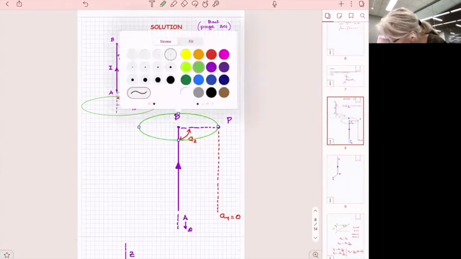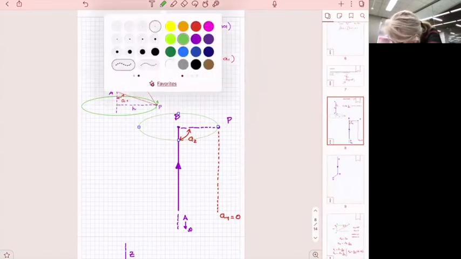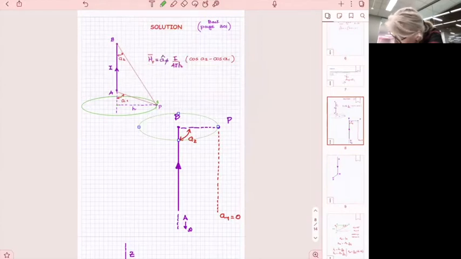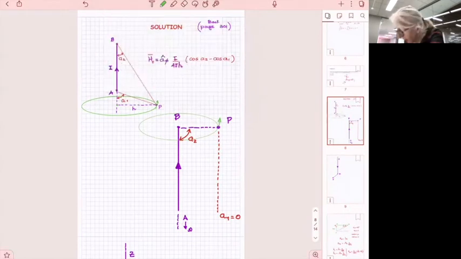Let me make it thinner, and also this one. So this is where H sub phi is going to go, and in this particular case, the H sub phi will go like this. Why? All right. That would be H sub phi. All right, and H sub phi in this case would be